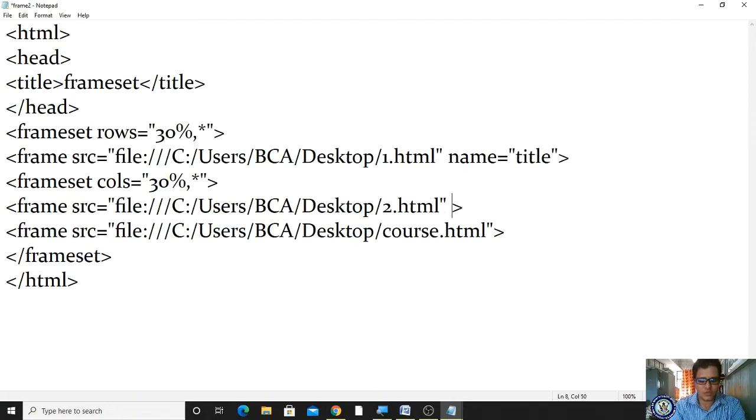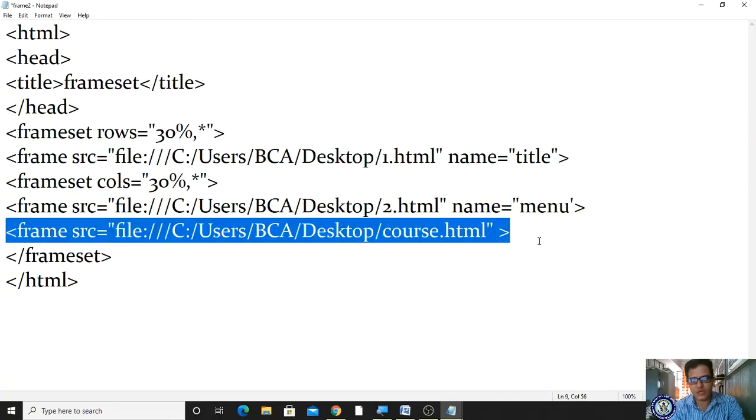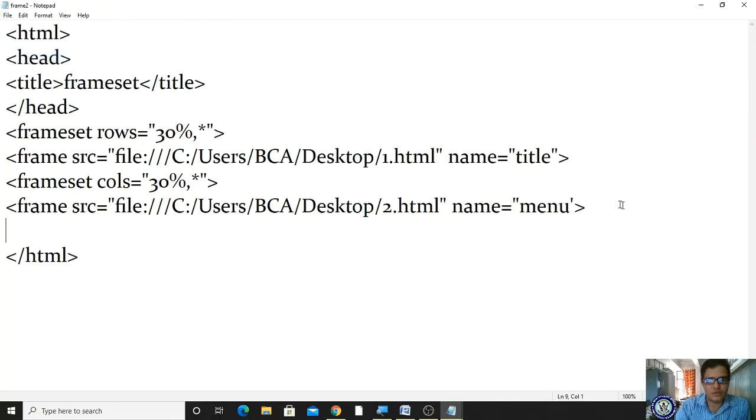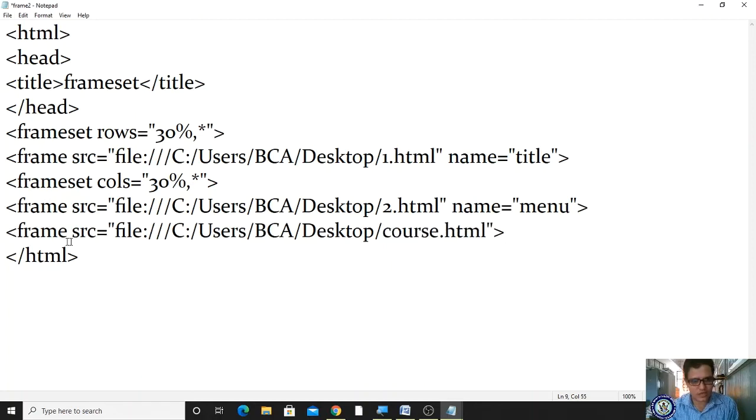What is the name for this? This name is menu. I'm giving it as menu. And for naming this, whether it is required, I will take the blank. Okay, it is not required, right? Let me take the blank. I'm saving. Okay, it is menu. No, mistaken. We have to take one more file. It is required, course.html. Here it is. We have to give the name as content. Okay, or anything, whatever it may be.